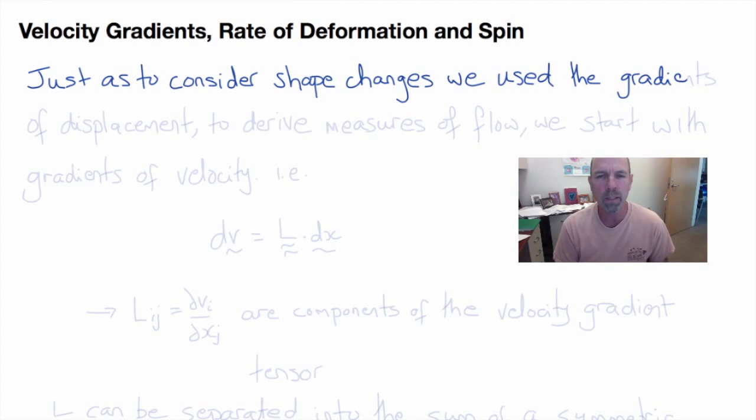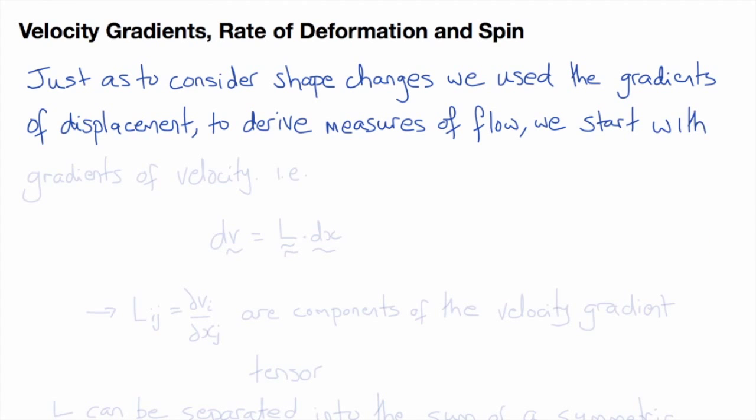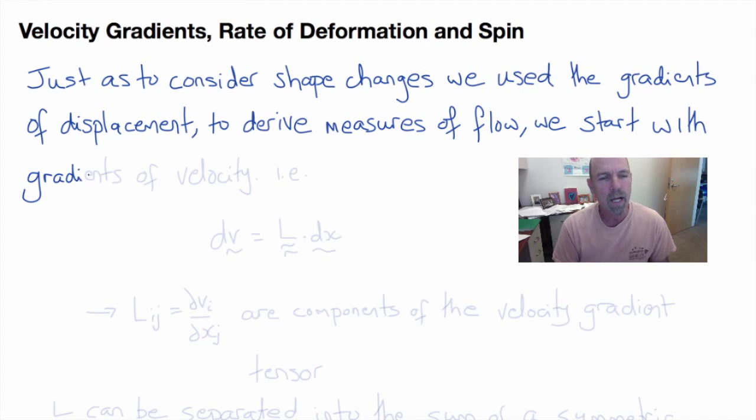If every point in the fluid had the same velocity, then the fluid really wouldn't be flowing. It would be like a milk truck driving along the freeway. Every particle in the milk would have a constant velocity, but the milk wasn't actually flowing. It was just undergoing a rigid body motion. So in the same way that shape change requires gradients of displacement so that lengths will change, flows require gradients